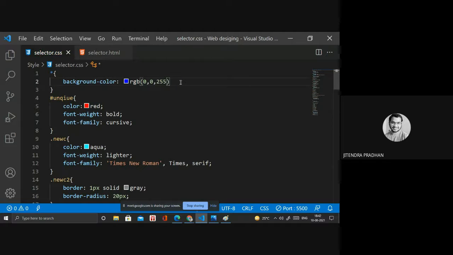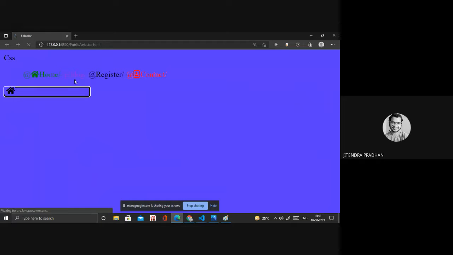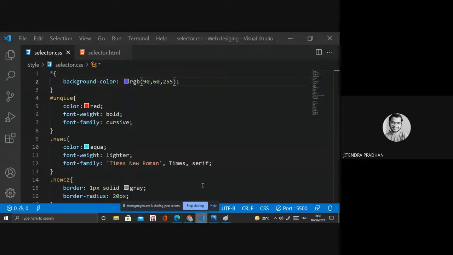If I write 50, then it will be combined with the color. If I write 90, it will be combined. If I write inside the green value something like 460, then it will form a color. Okay, done. So this one is the RGB color. We also have hexadecimal color. I already told you that one.